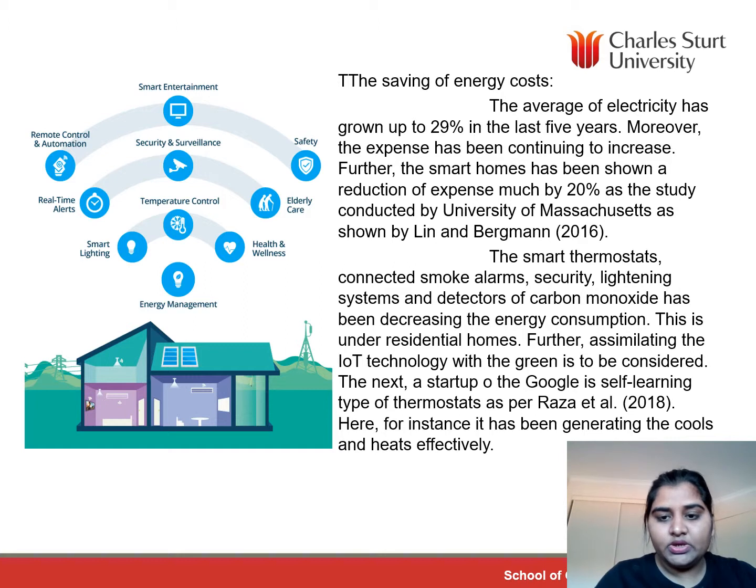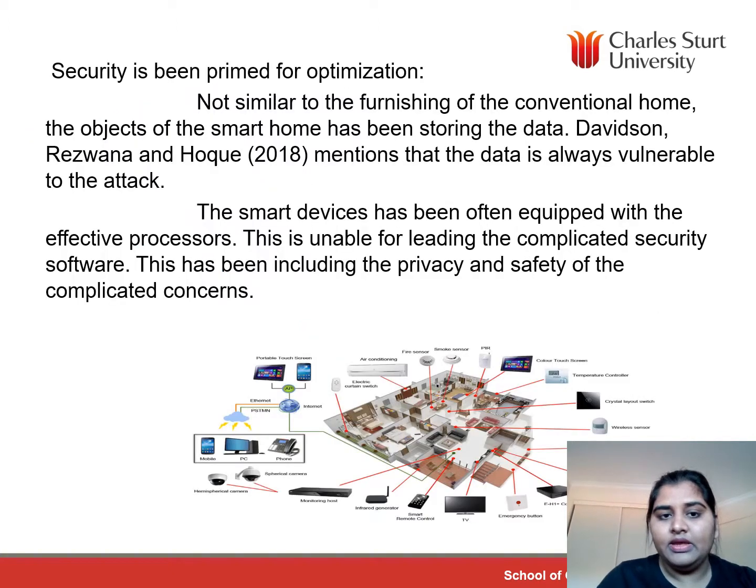estimating the IoT technology with green is to be considered. According to Raza et al., a startup or Google has a self-learning type of thermostat. For instance, it generates cooling and heating effectively. After that, according to Davidson and Hogue in 2018, the data is always vulnerable to